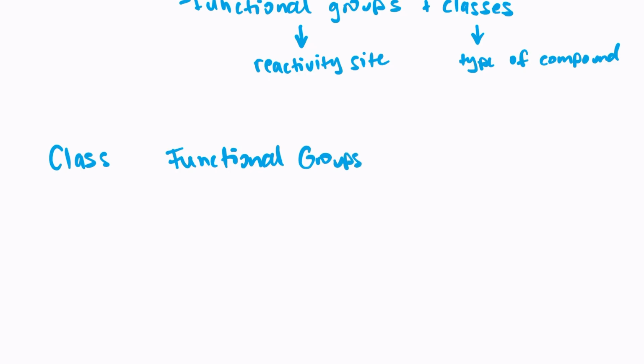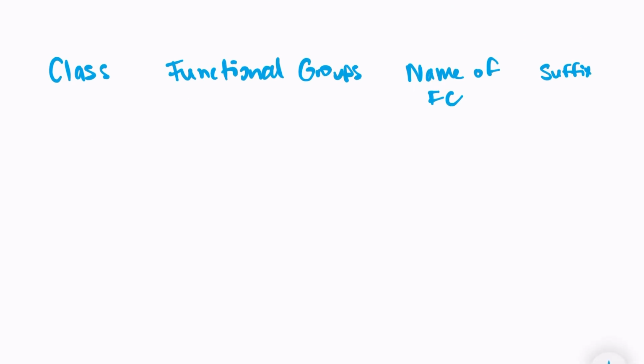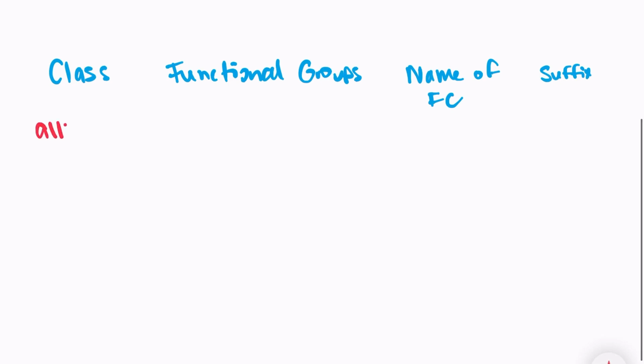We'll have our class, our functional groups, the name of the functional group, because sometimes that can be a little bit different, and then the suffix, which we will use in naming, and I'll do another video about that a little bit later on. So the first class that we can discuss are the alkanes, and alkanes actually do not have